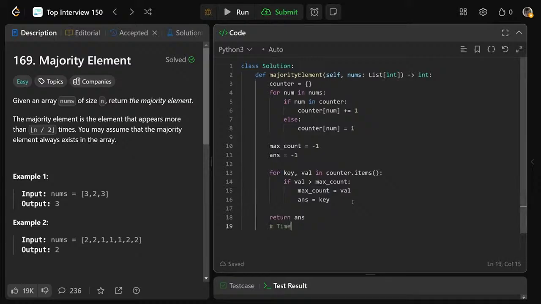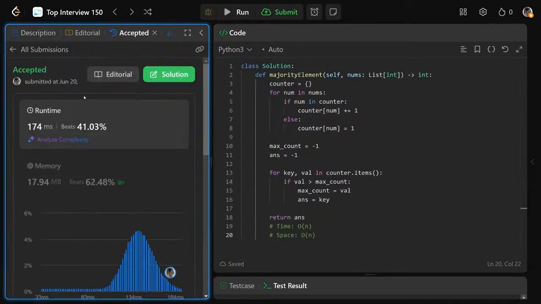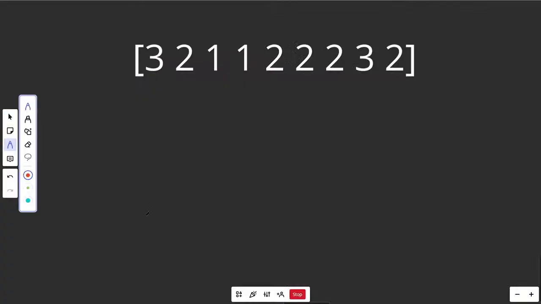So this is going to work, and the time complexity of this would be big O of n. The space complexity is also going to be big O of n. So if we were to submit that, that is going to work, but we can get a better solution than this. Okay, so the idea is to so far have a candidate, which I'll just call answer like we did before,